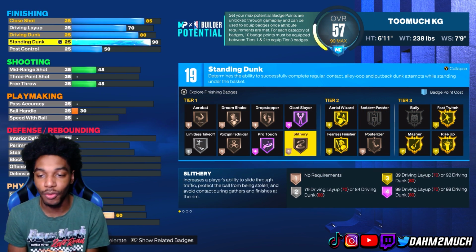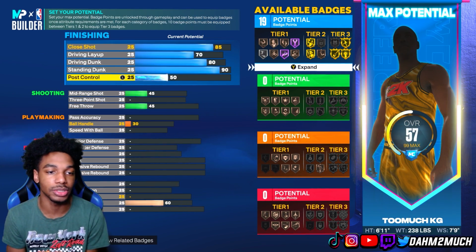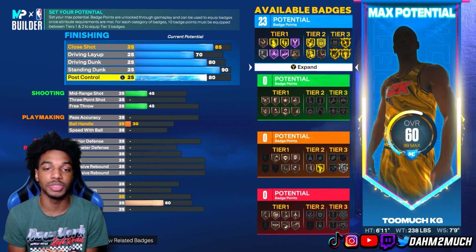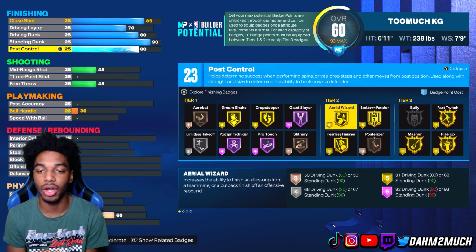So we get gold fearless, gold master, gold rise up, and also gold fast twitch. And then for the post control, I took this to an 80 on this build. So we unlock Hall of Fame post spin technician, gold drop stepper, gold dream shake, and also gold back down